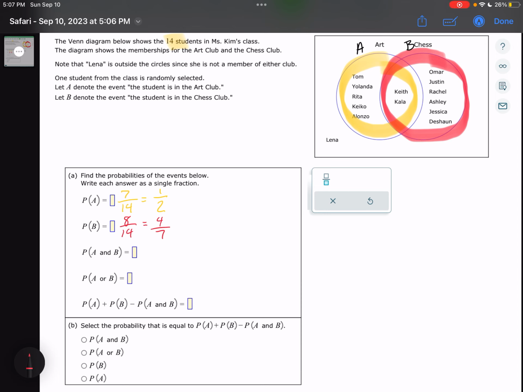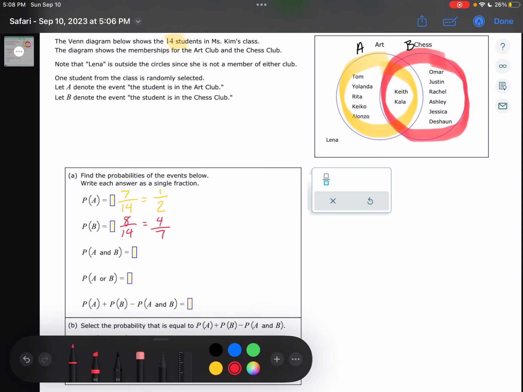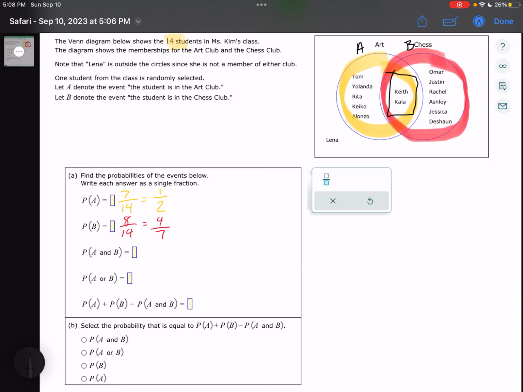Next one is A and B, which is the middle here. And that is 2 out of our 14, which simplifies to be 1/7. A or B, which would be everybody in our circles. So 1, 2, 3, 4, 5, 6, 7, 8, 9, 10, 11, 12, 13,